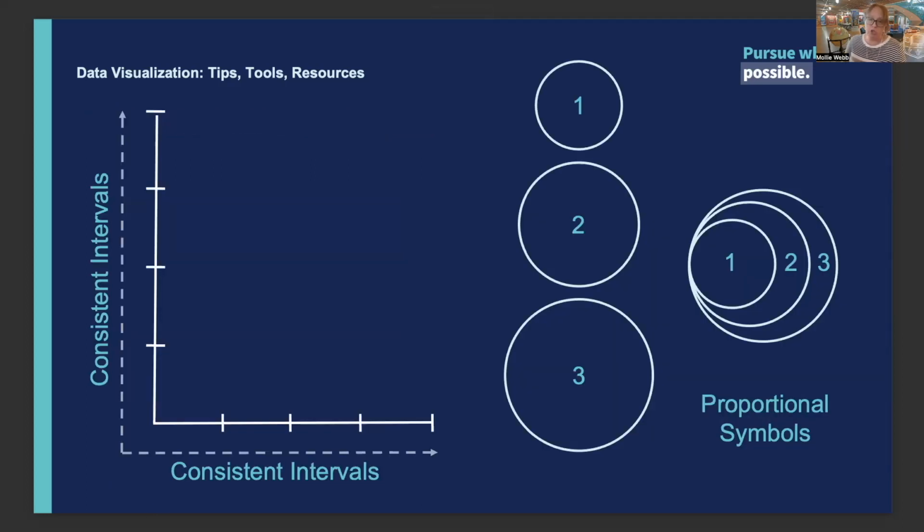Whether you're creating a chart or a graph, like I mentioned before, avoid the impulse to add more information or graphics or decorations. Some experts even go as far as to say, don't use tick marks. They just add extra junk to your charts. But the important thing to remember here is consistency. Make sure that the spacing along your intervals, along your axes, is consistent. If you're using proportional symbols, make sure that the symbol size is in fact proportional to the value that it's